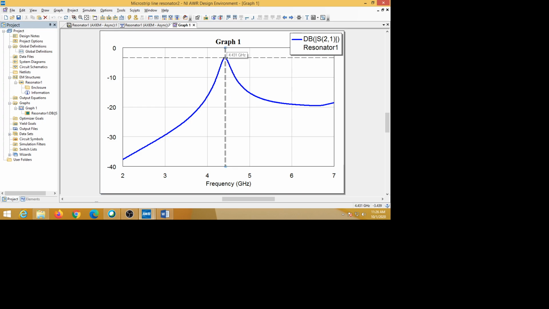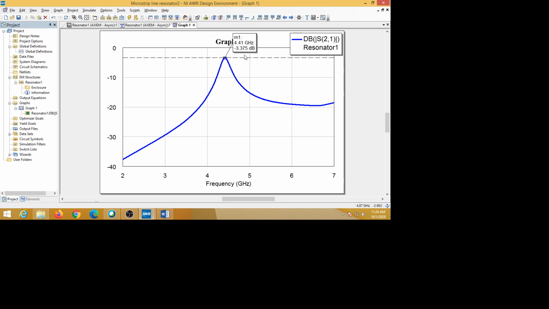So this point you can see is the frequency. From this level to this level, if you put a marker, you can have that value. This marker's value is minus 3.375 dB. So that is the insertion loss. From here to here the difference is minus 3.375, so that is the insertion loss.